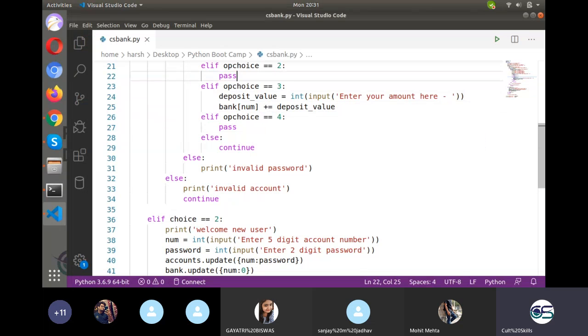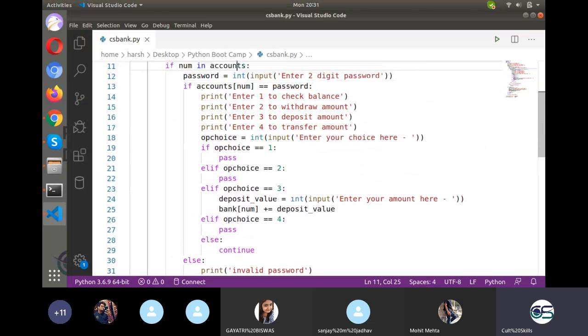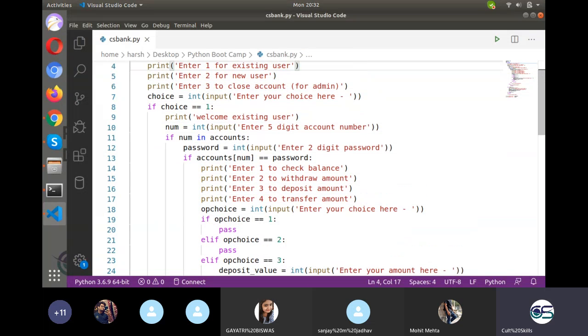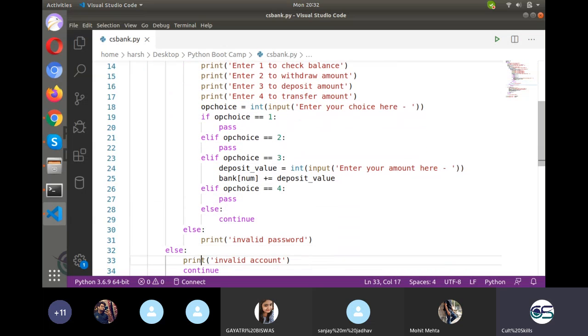Anyhow, see, this part is more and more optional. In many places we were talking about menu driven things, so this is exactly completely menu driven. In this we have not used anything that we haven't studied; the same things are being used that we have studied, but in much more depth. Like see, one if under that another if under that another if, so that's the way actually. See, bootcamp means we'll be going for the practical aspect completely.